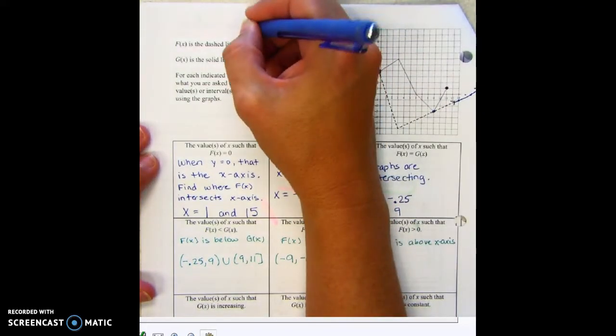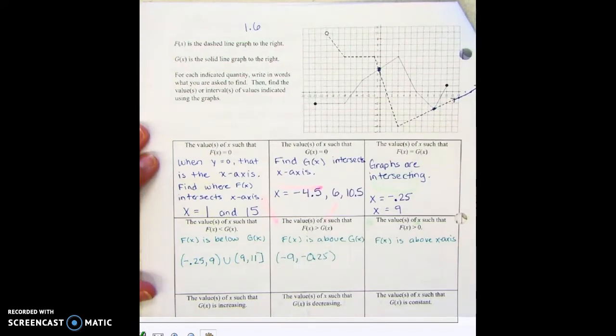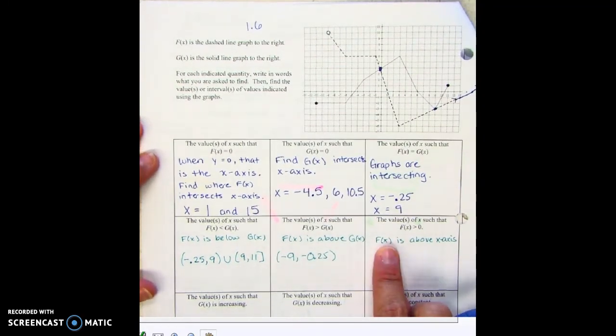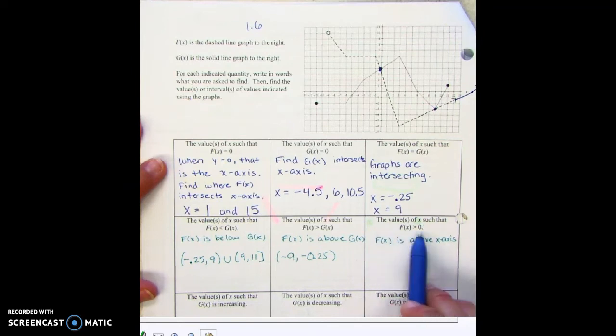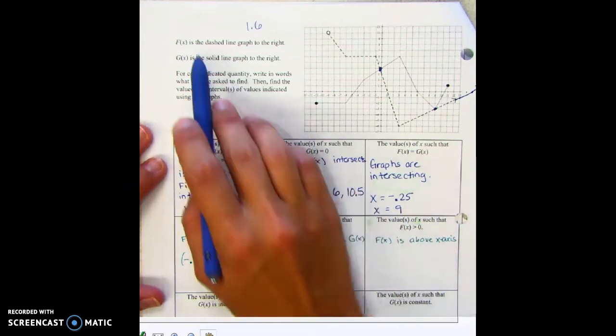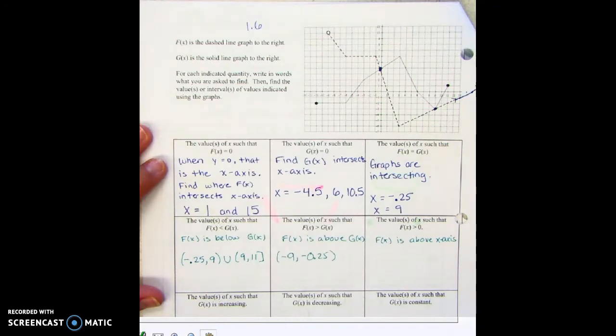Okay, this is a continuation of the 1.6 notes. So we're right here on this box. Find the values of x such that f of x is greater than 0. So f is the dashed line. So that's going to be,